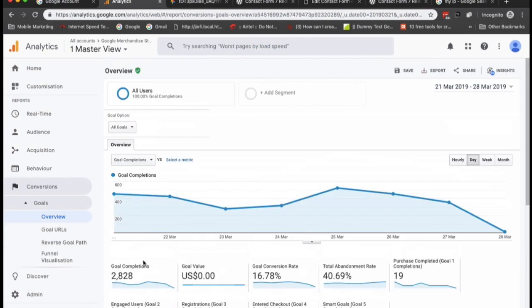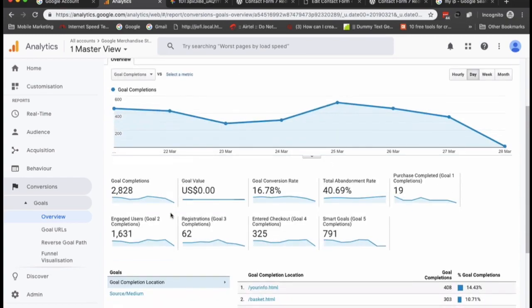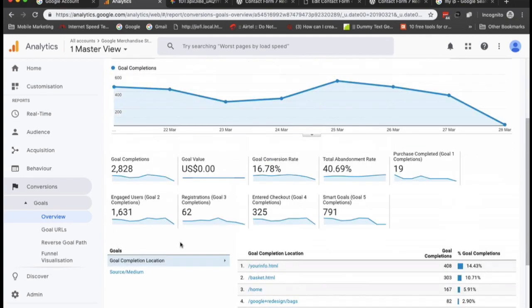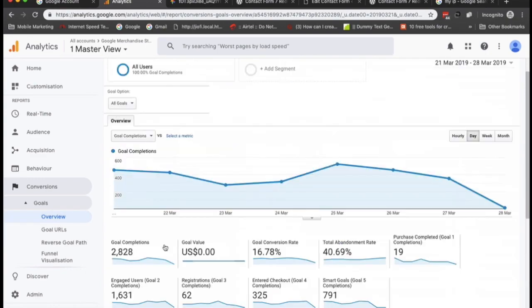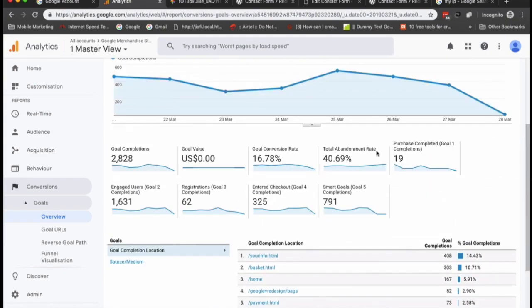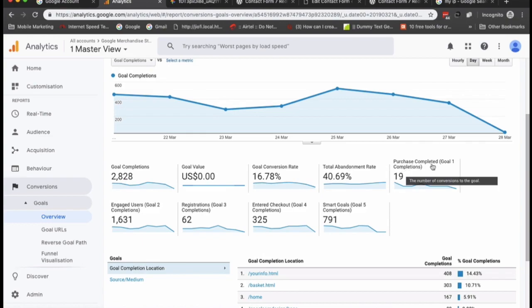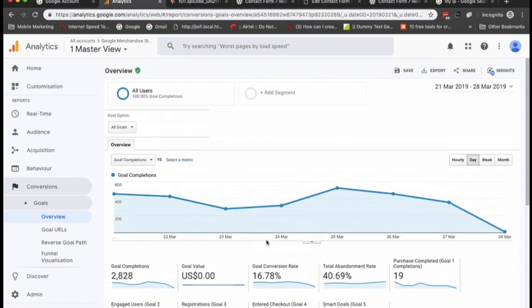So here you can see there are different goals which are being set under this account, and all the completed purchase goals which have been set are being captured. So this is how it looks. I was talking to you about funnel visualization, so let me show you that.